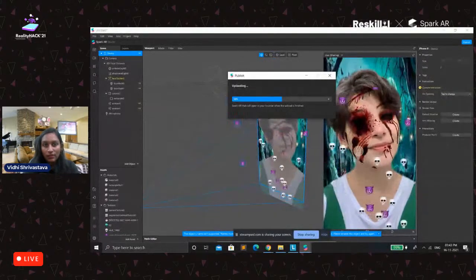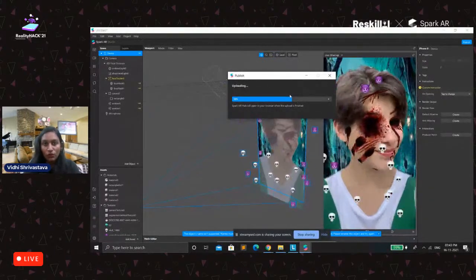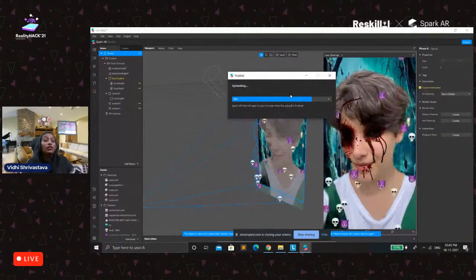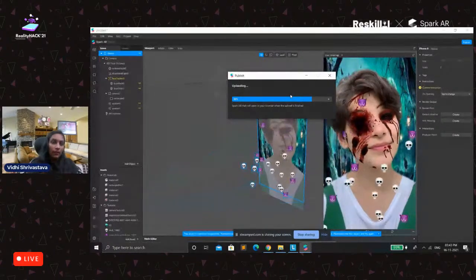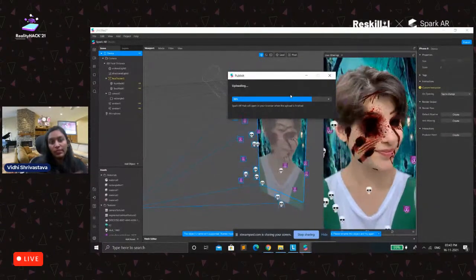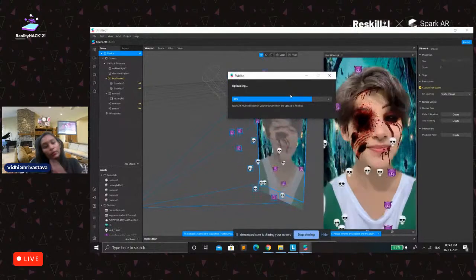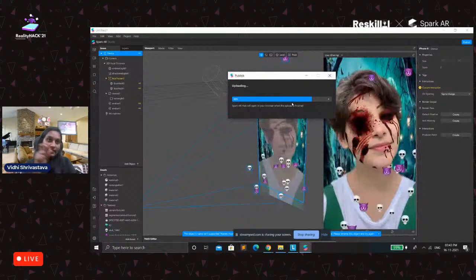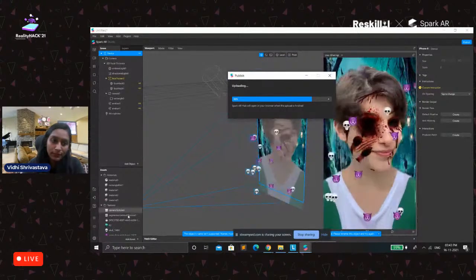and once this uploading gets over, you will see a new window. For this, you must be sure that your Instagram and the Spark AR Studio are connected with the same account, so that whenever you share this filter, your Insta handle name will be visible there.